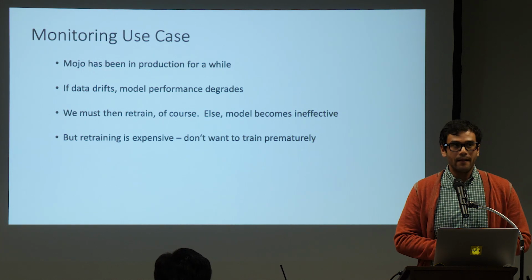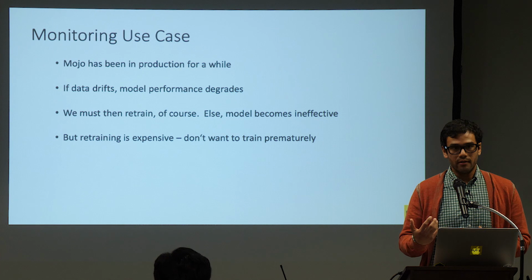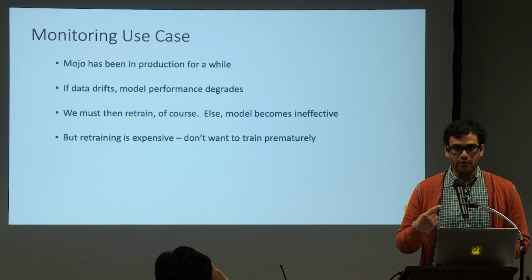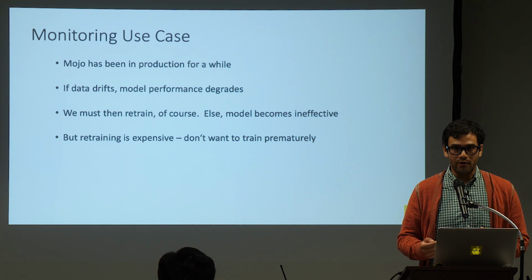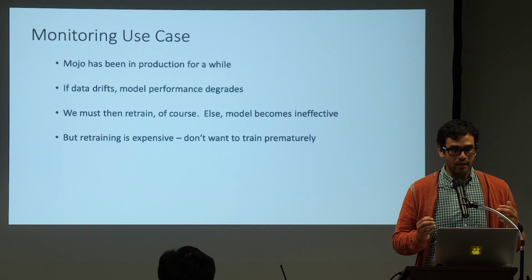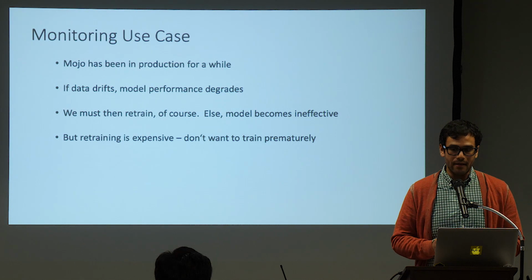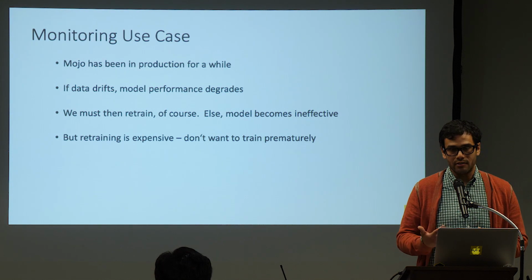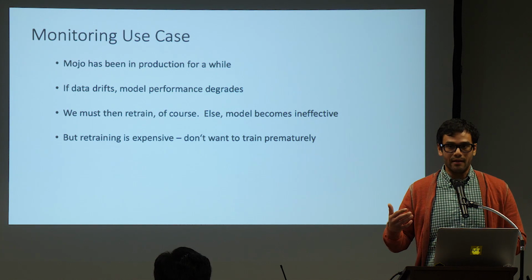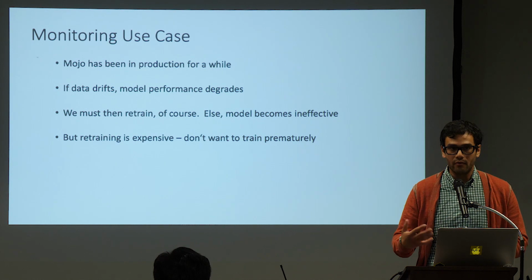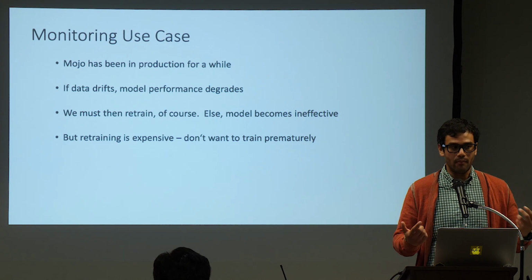So everything's great, but a model isn't good forever. Especially when you're doing streaming data, data is never stationary, and so at some point you're going to have data drift, or a shift in the type of data that you're seeing come through the pipeline, and your model performance starts to degrade because your model wasn't built for that data. So you need to make a call. You need to retrain that model, but you need to make a call as to when to retrain the model. You don't want to wait too long, because if you miss your change point, then your model becomes ineffective,